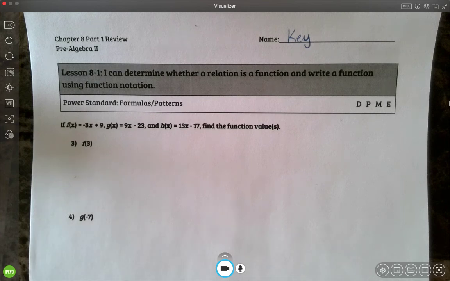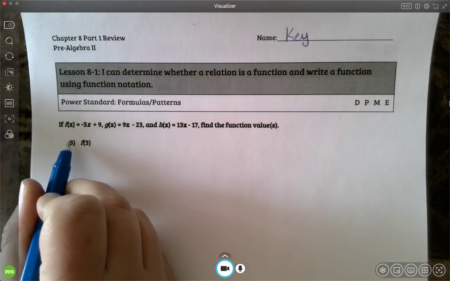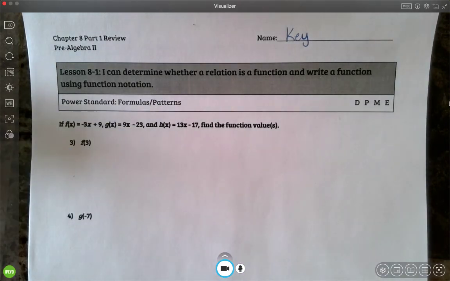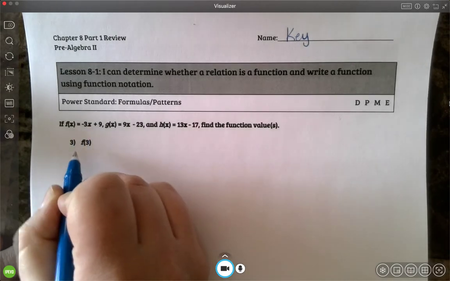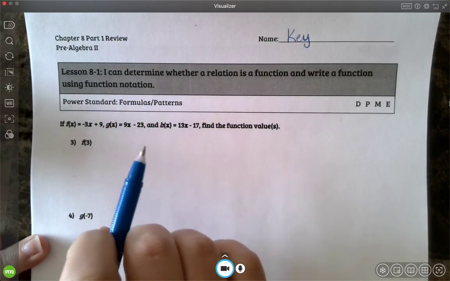Hello class, in this video I am going to go through your review assignment, okay? So you can see I have a blank review assignment right here and I'm going to walk through each of the problems, and I am just realizing it says we start at problem 3. I'm sorry about that, that should say number 1. But anyways, moving on. Lesson 8.1, I can determine whether a relation is a function and write a function using